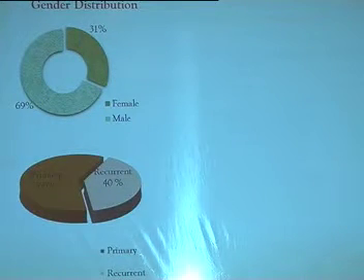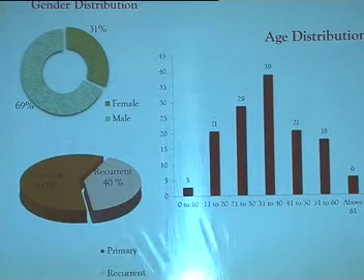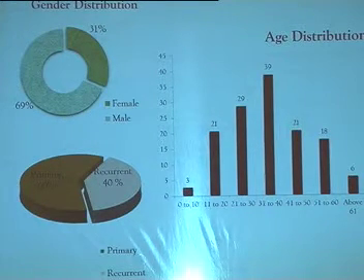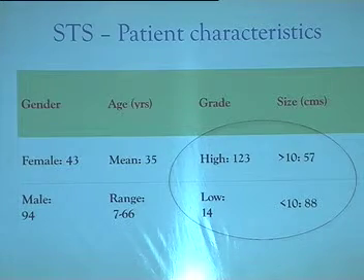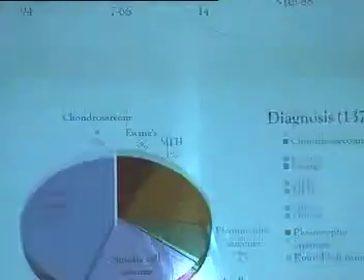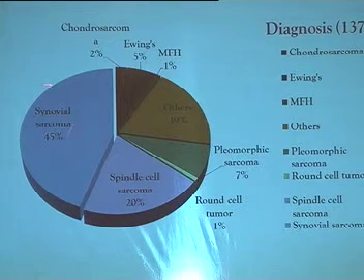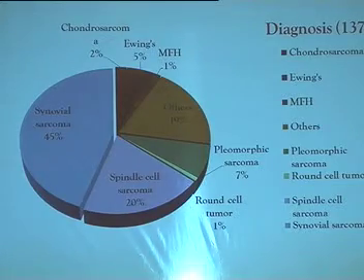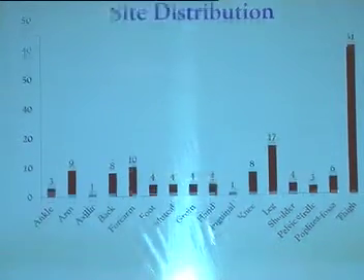Predominantly affecting the male, and 40% of these tumors were recurrent tumors, which is again a huge difference from other Western series. As expected, middle age is the main age affected, showing a peak in the 4th decade. So this we have discussed, the size and the high grade. In the diagnosis, we had the highest number of synovial sarcoma, which forms about 45%, others were spindle cell sarcoma 20%, with Ewing's and chondrosarcoma forming a small chunk of this large trial. As expected, the thigh was the most common site, followed by leg, forearm and arm.